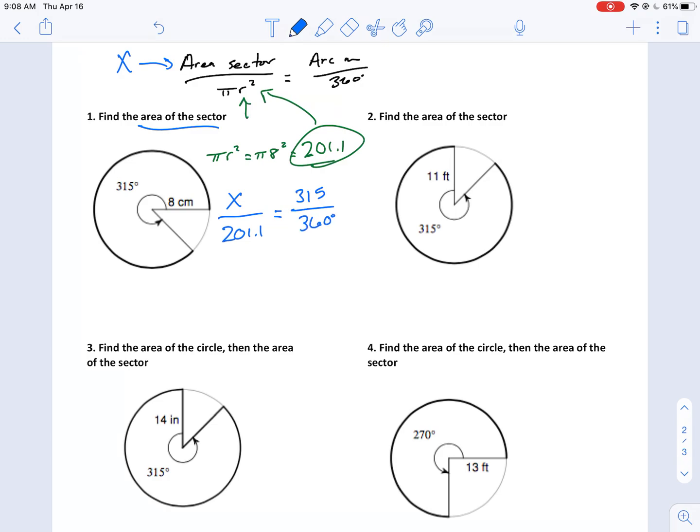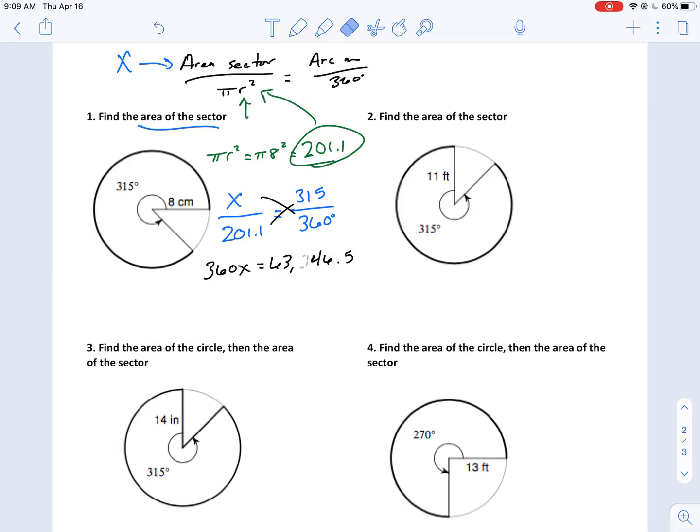So x over 201.1, which is the whole area, so part of the area of the circle over the whole circle, equals the part over the whole circle. So part over whole equals part over whole every time. And when I cross multiply these together,